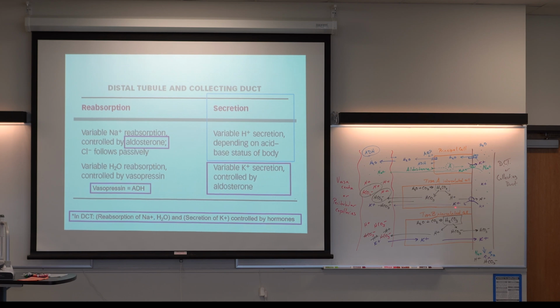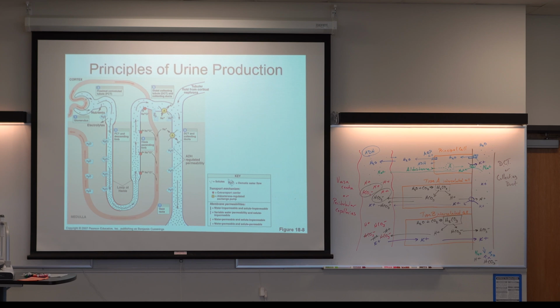Even down here, those intercalated cells, we said they're either getting rid of hydrogen ions, but if they're getting rid of hydrogen ions, they're reabsorbing a potassium ion, or vice versa down there in the type B intercalated cells. Here's the sketch. In fact, this is kind of the theme of the sketch that I had on the board